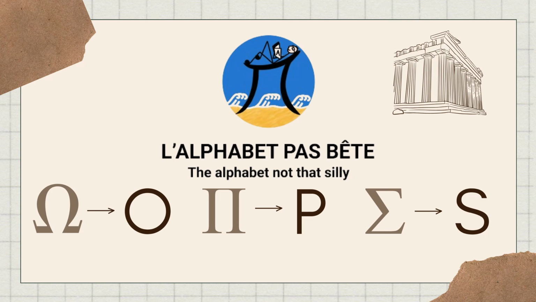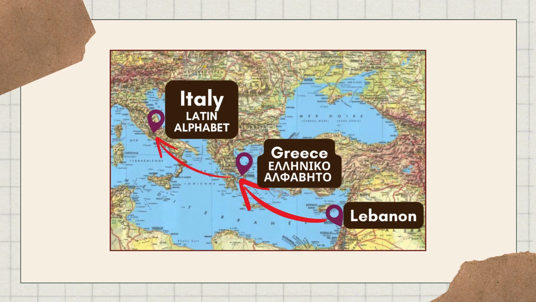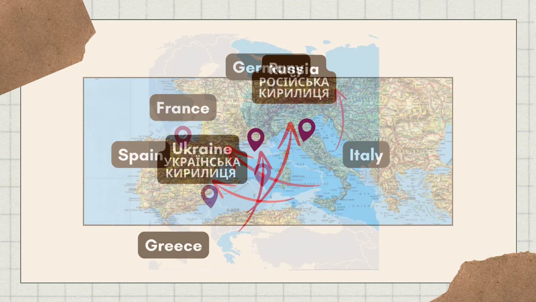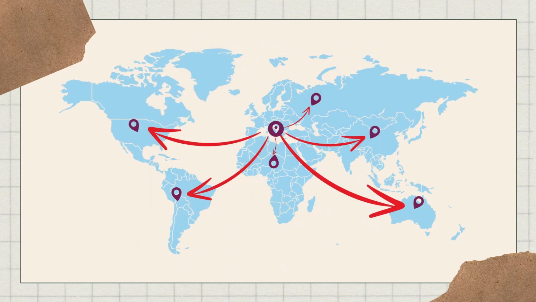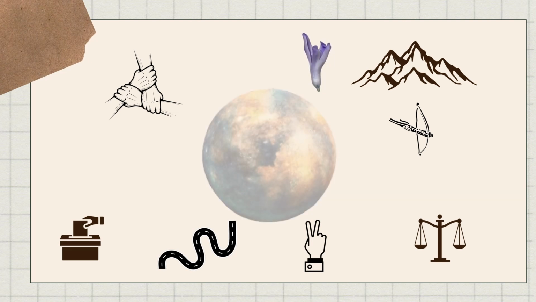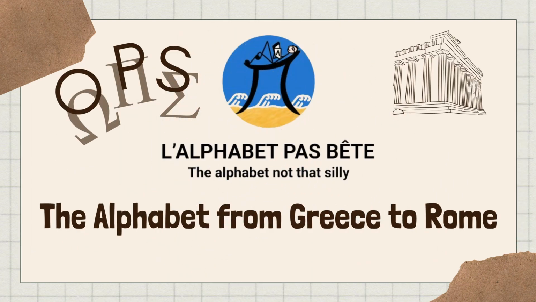But the alphabet's journey did not stop at the gates of Rome. After starting from Lebanon and spreading through Arab and Hebrew countries, then to Greece and Italy, the alphabet continued its journey into Europe, as well as Russia and Ukraine, before spreading throughout the rest of the world, continuing its transformation. Above all, the alphabet is what allows humans to communicate, to understand each other, to share their ideas. Like the U, the alphabet is what unites us and enables us to live in harmony and peace. And many mysteries remain to be uncovered regarding its evolution.